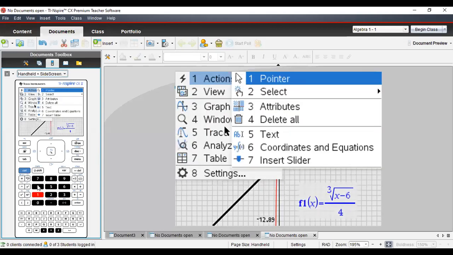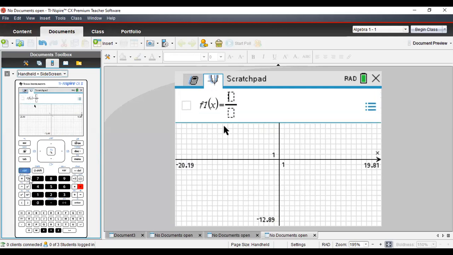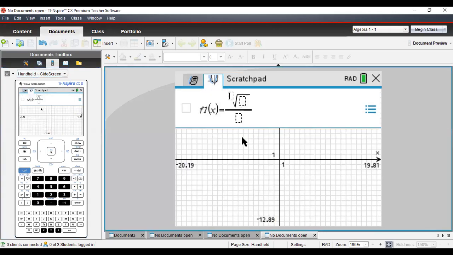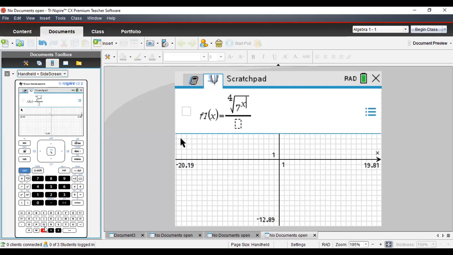Menu 14. And then the first function is the original function, which is control divide. It's the ratio. I'm going to take the fourth root of 9 to the x power, or 7 to the x power, 7 to the x power. And then in the denominator,